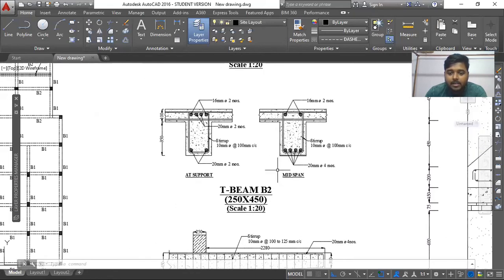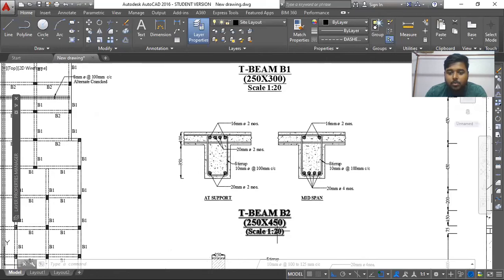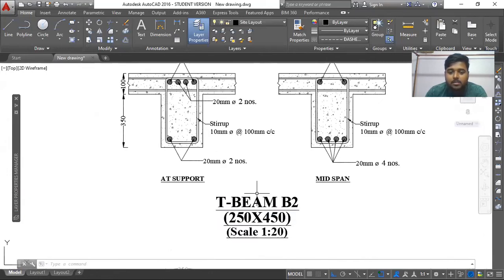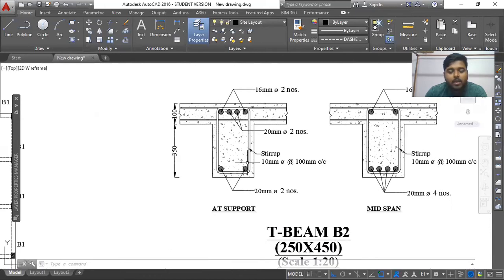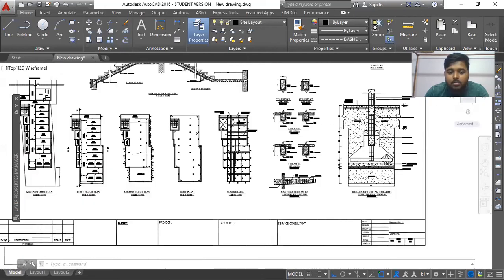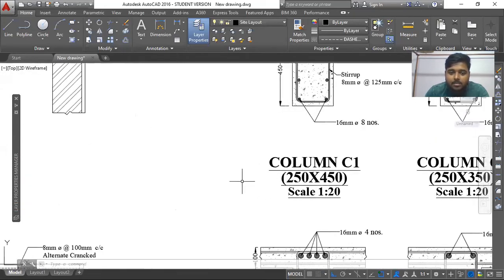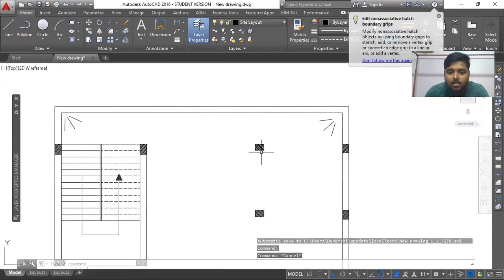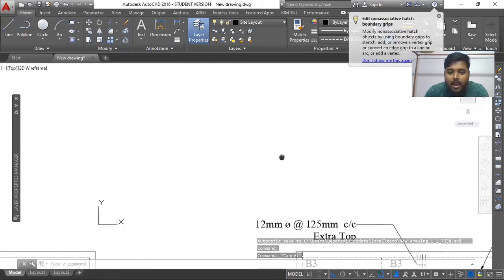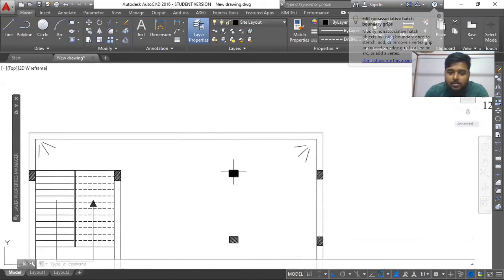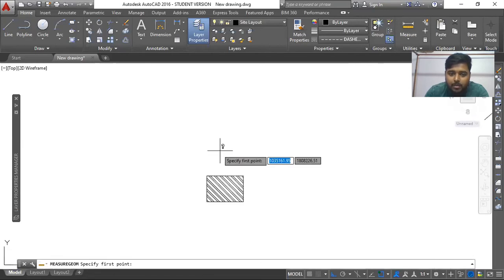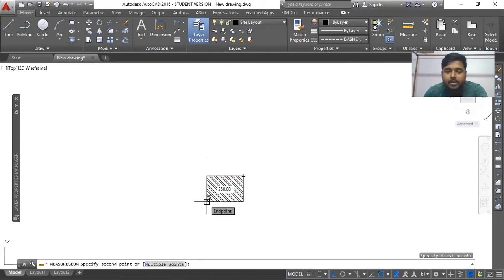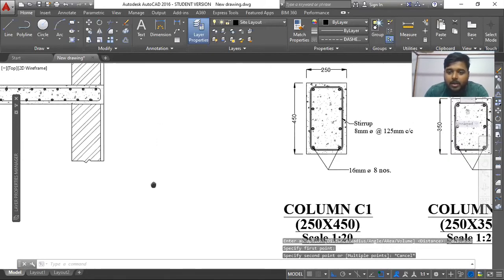Let's take this example as well. For 20, this is 1:20. I have scaled it up. Okay, I understand your question completely. I had to scale it up because you can easily see that this is a plan. You can see this is a column. You know what a column is? This is a column, and you already know that this is in actual dimensions. I can show you and measure it also. This is a 350 by 250 column, right? Yes. And I have shown the column details here.